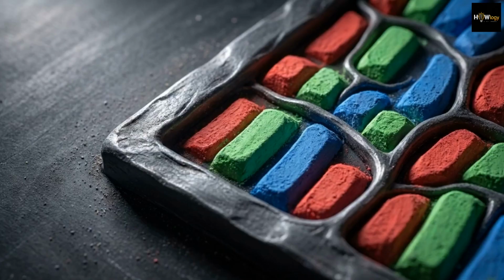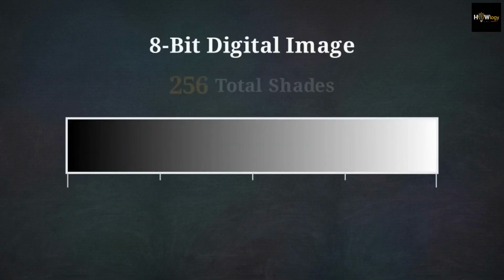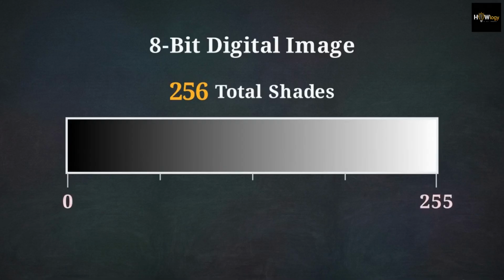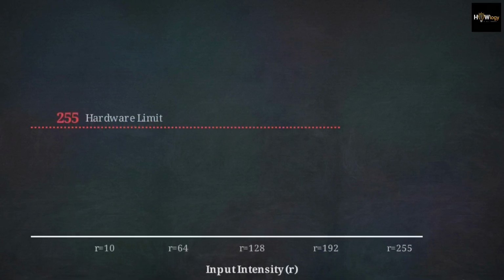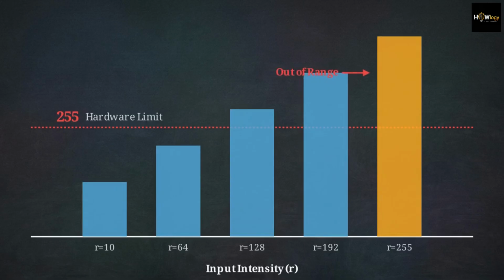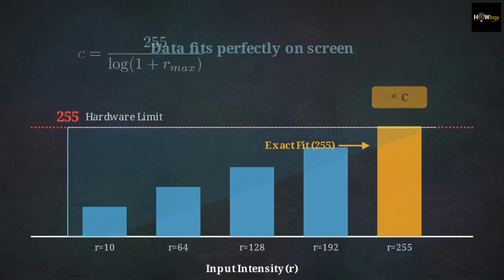Then there is the C at the front, the scaling constant. Our physical screens are rigidly hardware constrained. A standard 8-bit digital image displays exactly 256 shades, ranging from 0 to 255. That constant is calculated to compress the wildly expanded new mathematics back down. It mathematically ensures that the absolute maximum pixel value hits exactly 255, allowing the data to actually fit on your